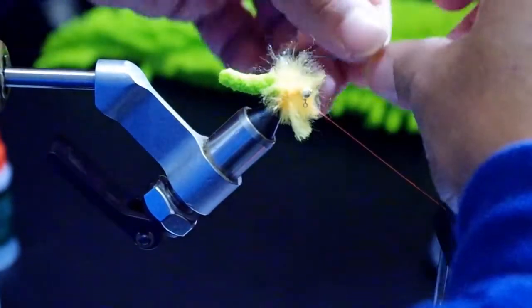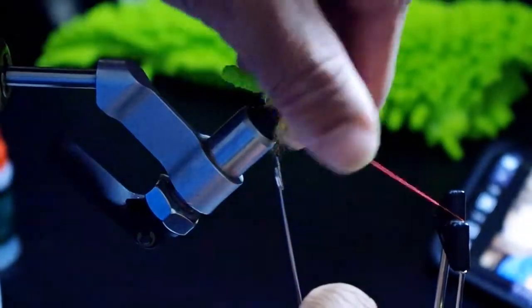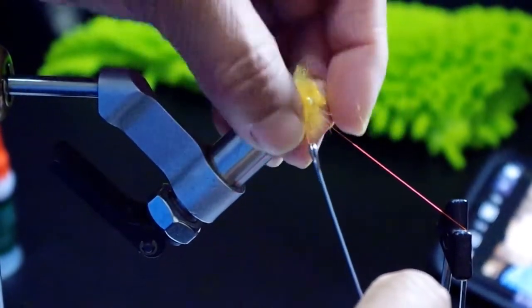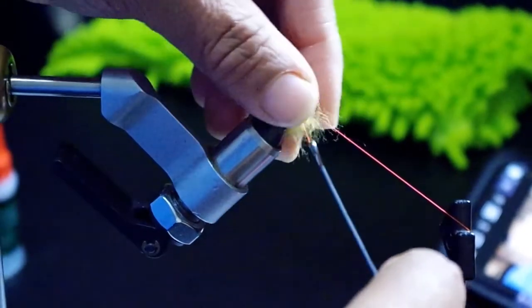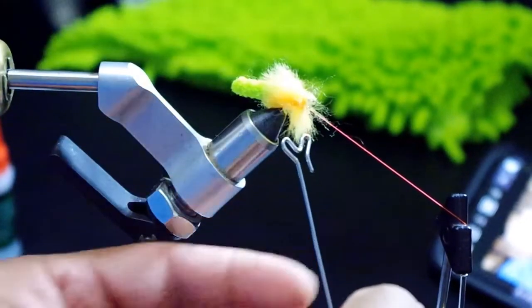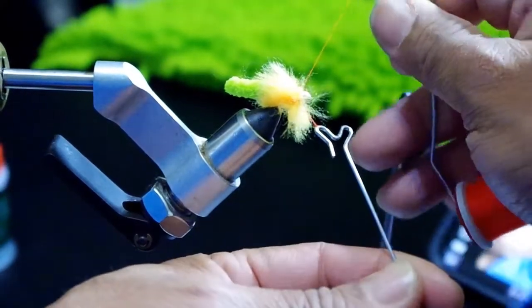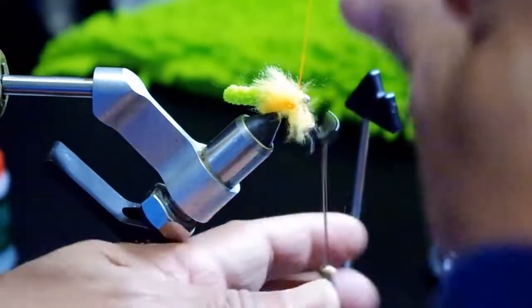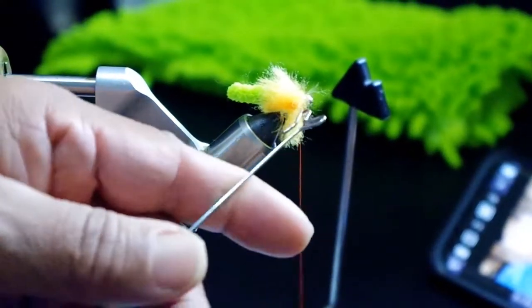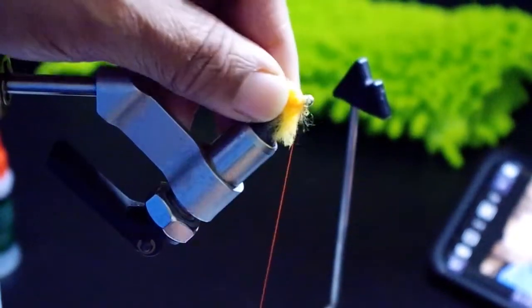And we'll just kind of work our way to the front, kind of push back some of the fibers, and you can see it's getting nicely balled up, but we're not having as much excess as we had compared to the other way we tied it in that traditional egg pattern. So once we have that, we'll go ahead and tie off the dubbing loop with a couple of thread wraps just to hold it in place. And then we'll go ahead and snip off the dubbing loop